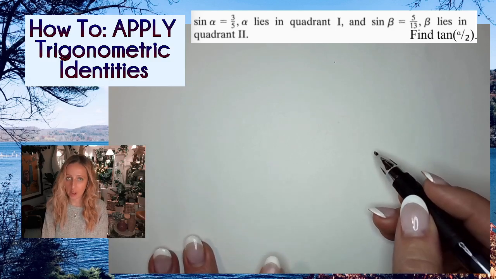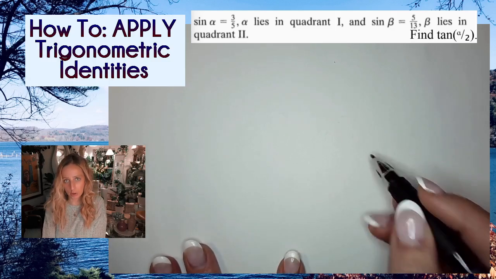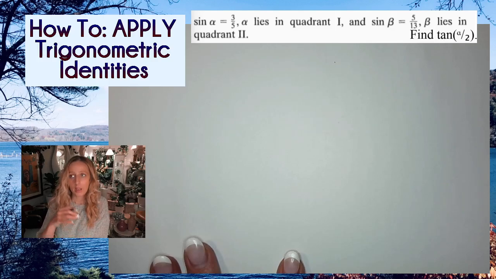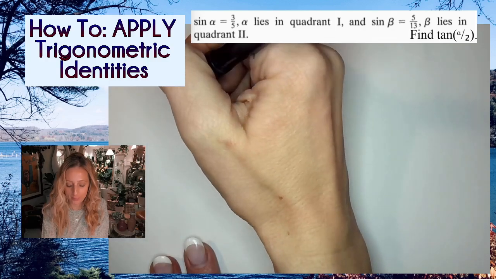We're given some information to help us draw out our own triangles. This implies, as you see, you don't have an angle given to you, an angle measure. We're not going to be using the unit circle. Sine of alpha, which lies in quadrant 1,